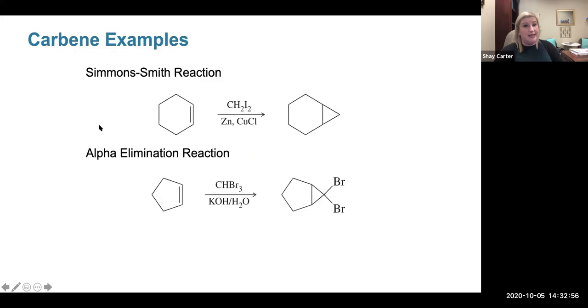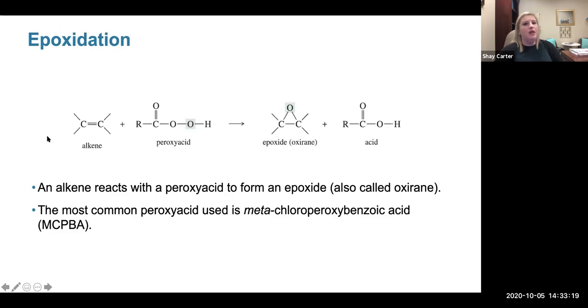Here are the overall reactions. Here's the Simmons-Smith reaction to generate our small little cyclopropane. Remember, this is the best one. Our alpha elimination reaction, we end up with geminal dihalides. Now let's talk about epoxidation. This is another reaction that we can use